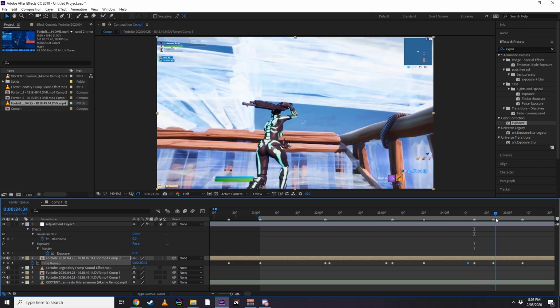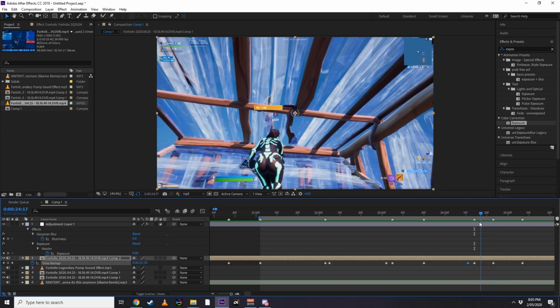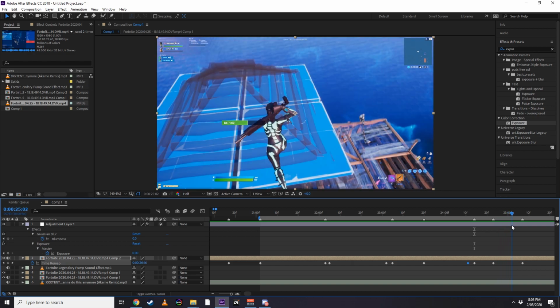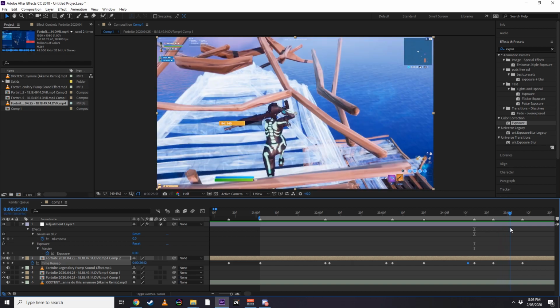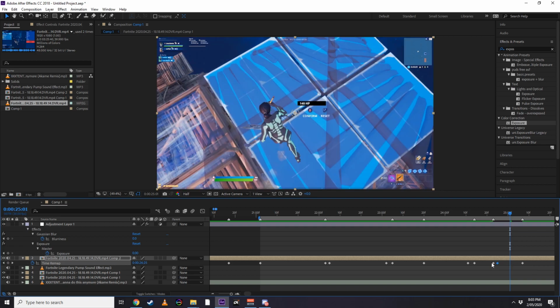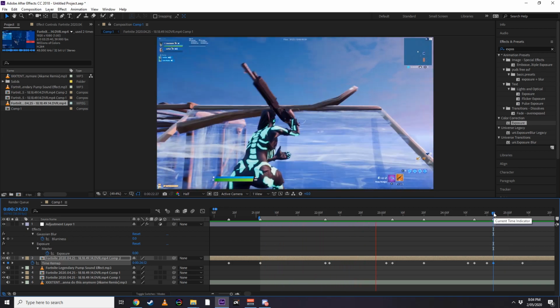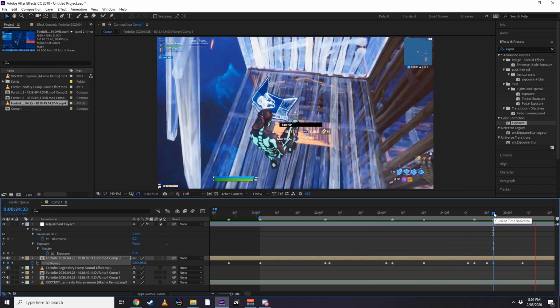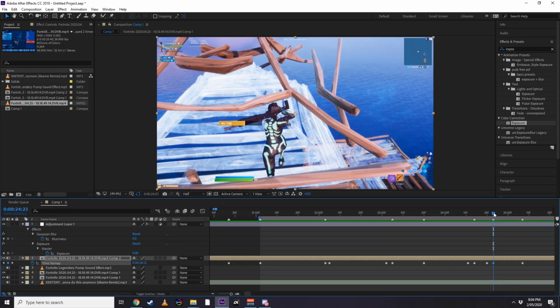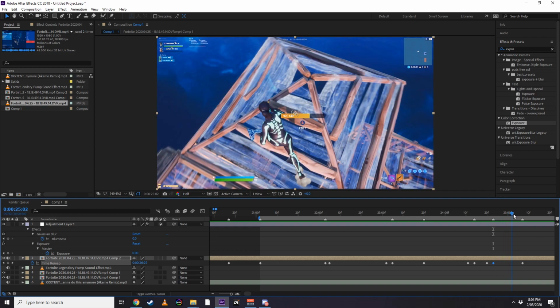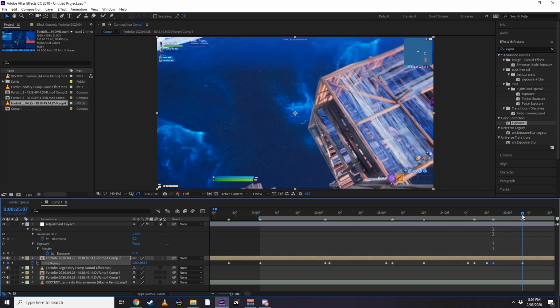So let's go to the next part, which is here. So it will be the placement of the cone. So we'll just see what this looks like. 1, 2, 3. So we'll just take a look at this. Okay, so that part there definitely needs some work. So I might go to where that part is there, delete this, bring that back,